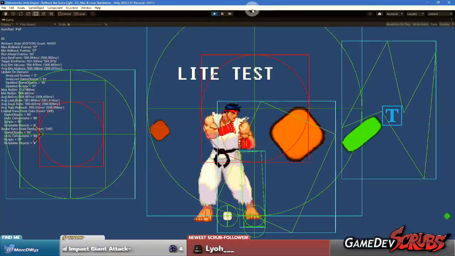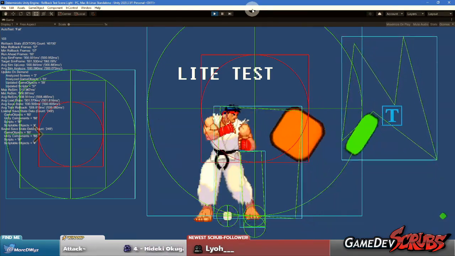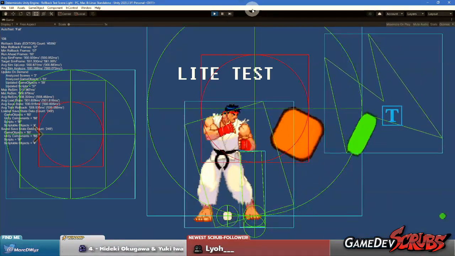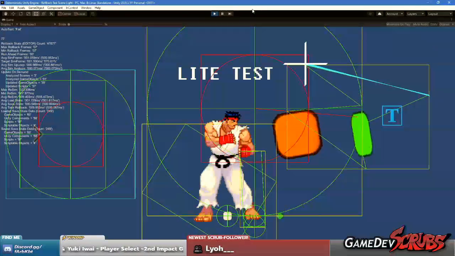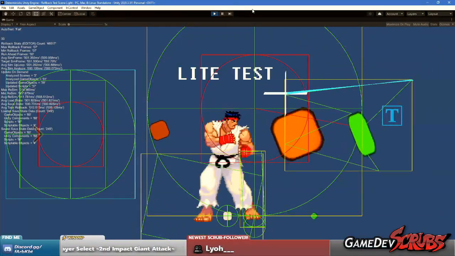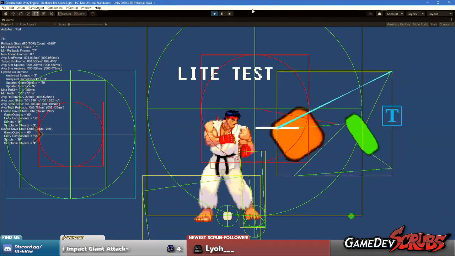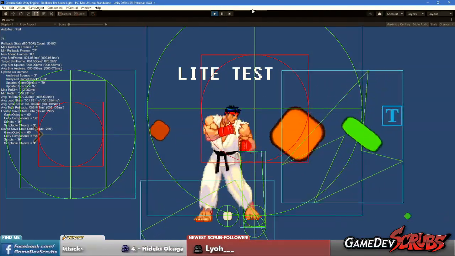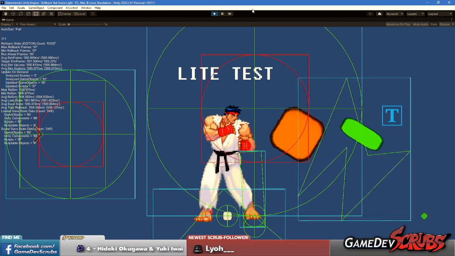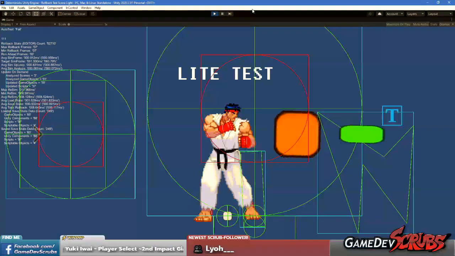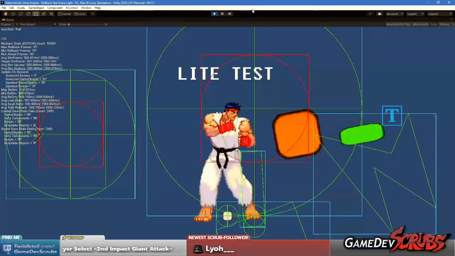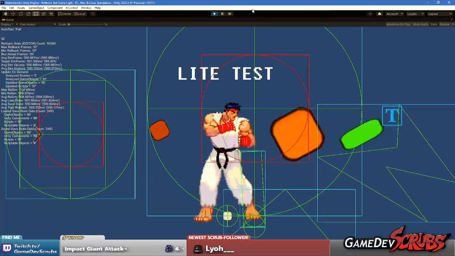What is Rollback Netcode? Contrary to popular belief, it is not very new. Rollback Netcode was developed about 10 years ago, and it basically mitigates the lag in a fighting game. Instead of having laggy inputs, it tries to correct the timeline of the game.